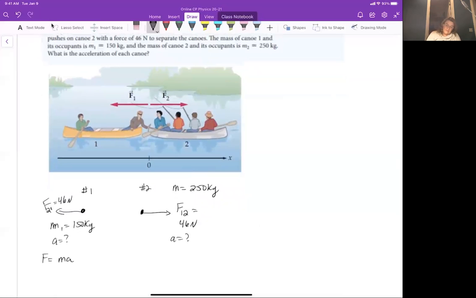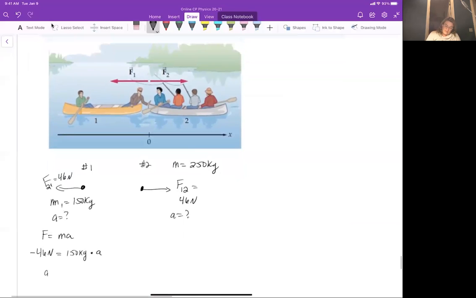The force on canoe 1 is a negative 46 newtons because it's to the left, which equals 150 kilograms times acceleration. So acceleration is equal to minus 46 newtons over 150 kilograms, which is equal to